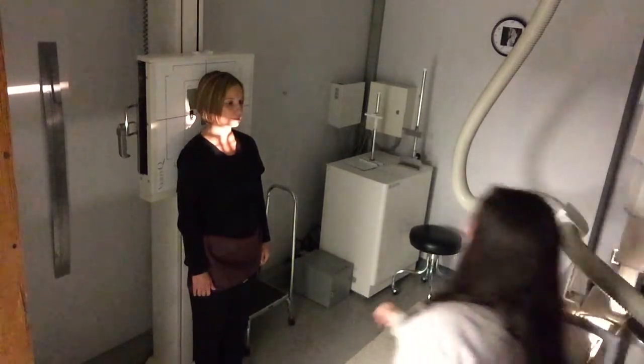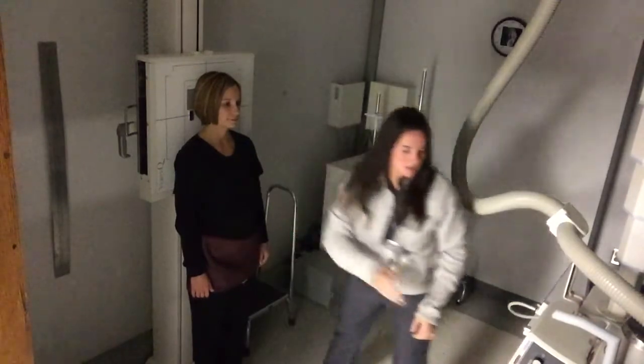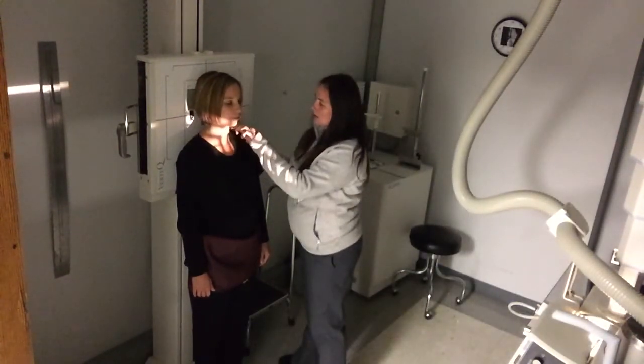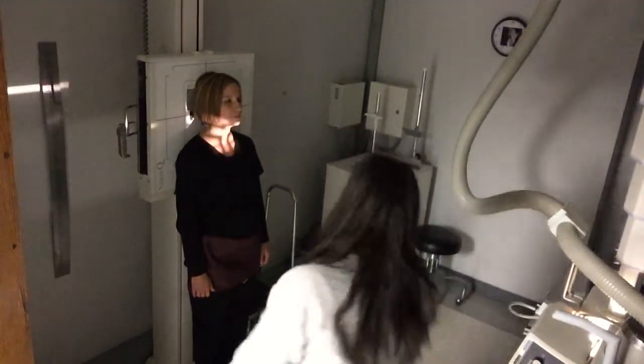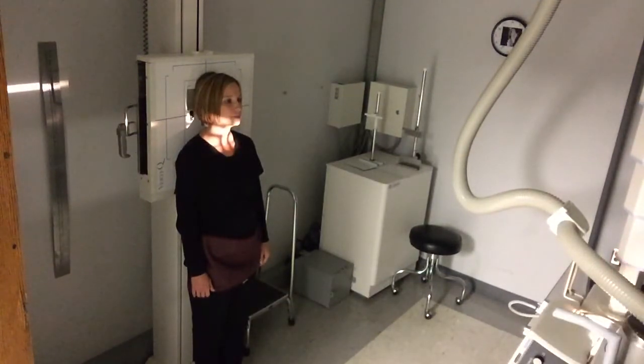And then the last thing I'm going to do is position her head, because once again, patients can kind of wobble on you and move, so we want to do that at the very end. And I'm going to have her raise her chin up here. Very good. And once again, this is the same 85 kVp technique that we'll set. And I typically have them do an expiration, but honestly, they just need to suspend their breathing, and you can